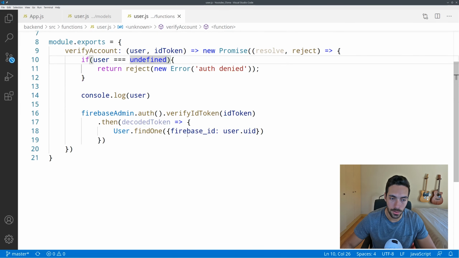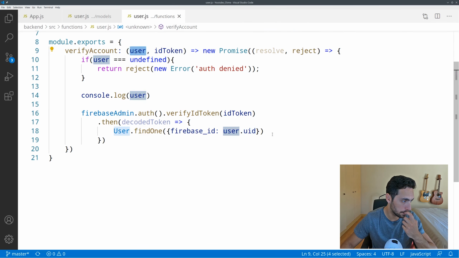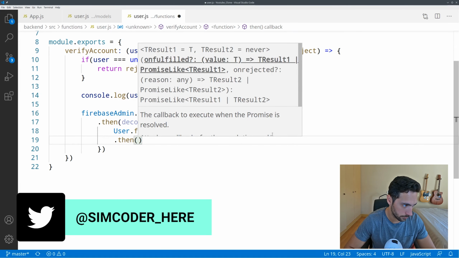Okay, so we'll just try to find a user that has the firebaseID equal to the user UID, because this will be the user retrieved to us by the Firebase backend. So we'll say then